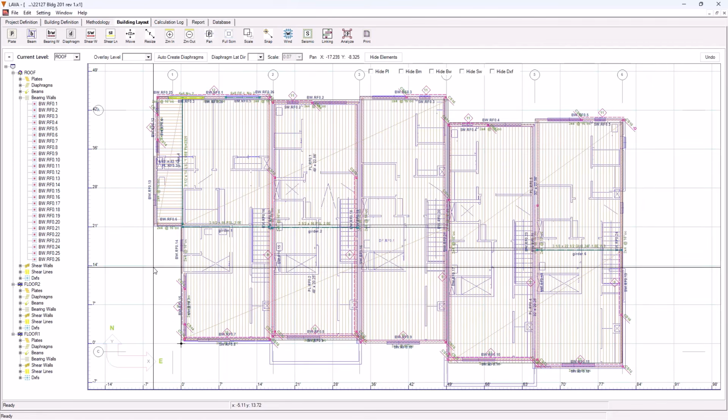This feature came directly from feedback from engineers using and evaluating LAVA. Different materials within the same building are common in real projects, so we wanted LAVA to support that workflow without requiring workarounds. It's a simple change that gives you a lot more flexibility in how you design wood